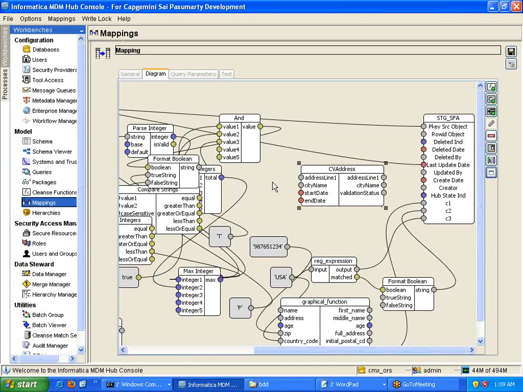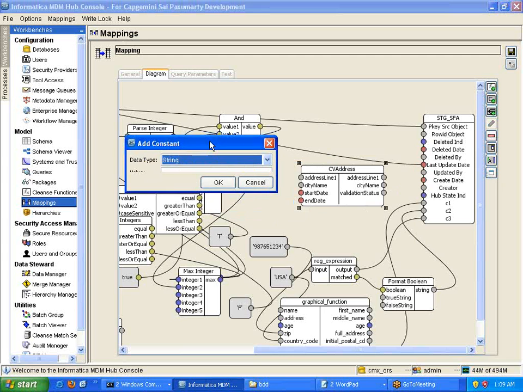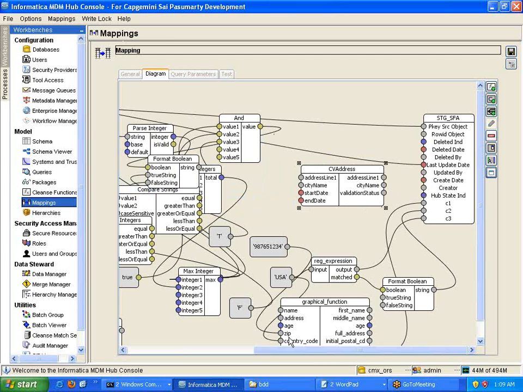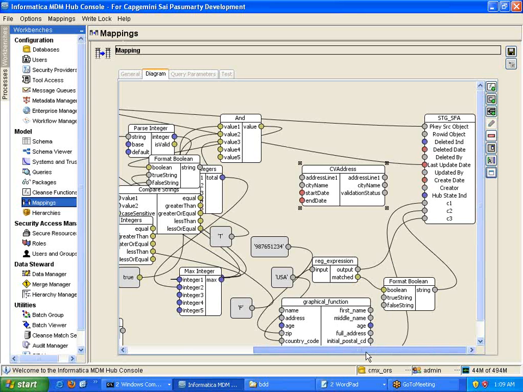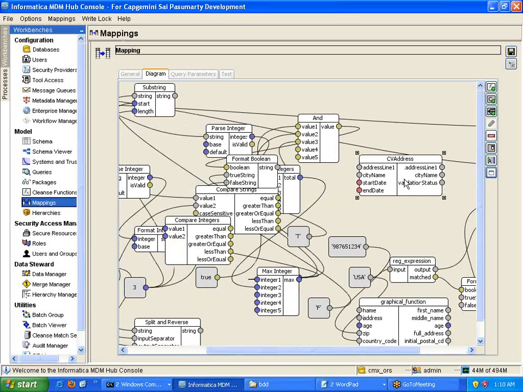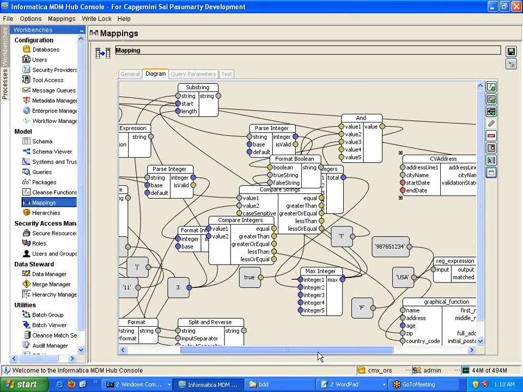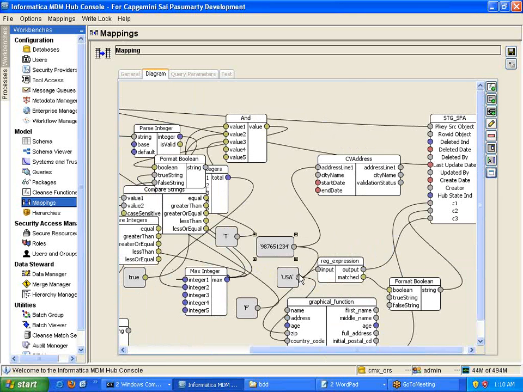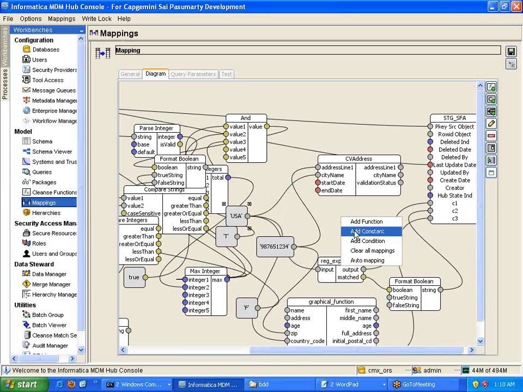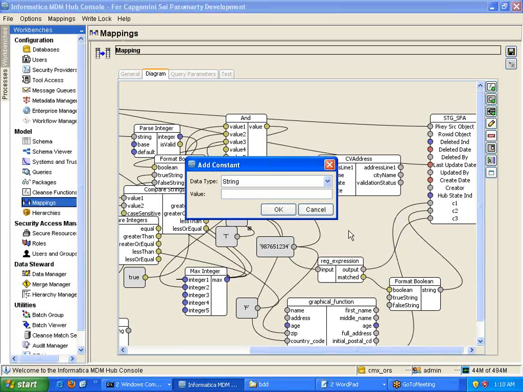Now we can pass any constants if you want, or else you can also take the input ports from the landing table and get them connected to this particular CV address, so that we can start making use of these things within the plunge function. That's it. So we can also pass dates as constants or whatever, or we can get them from the source.